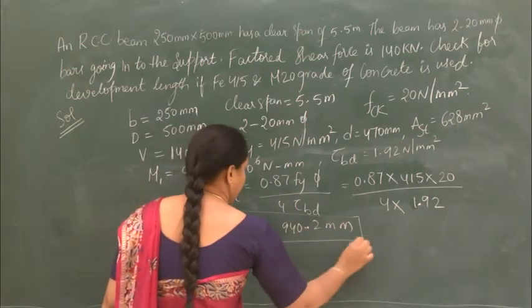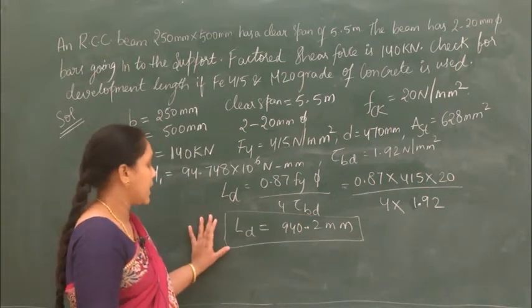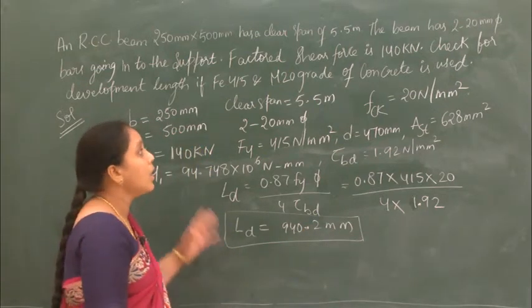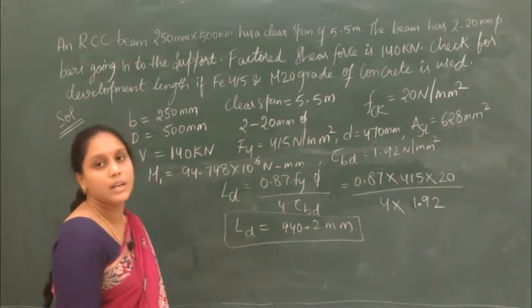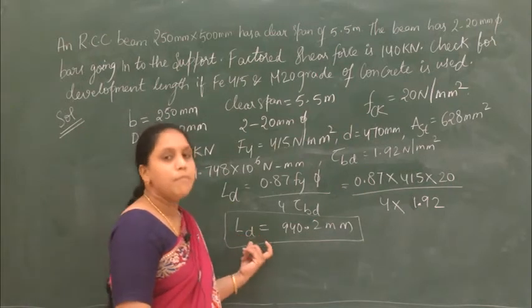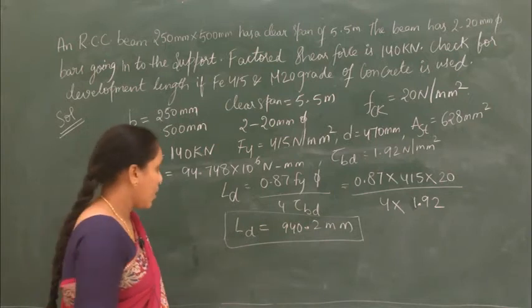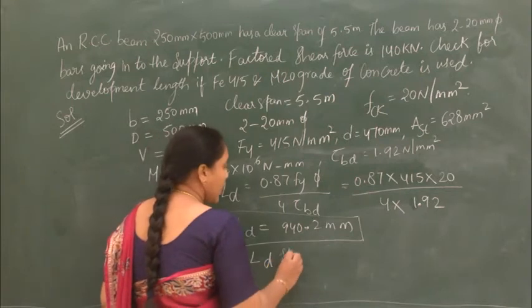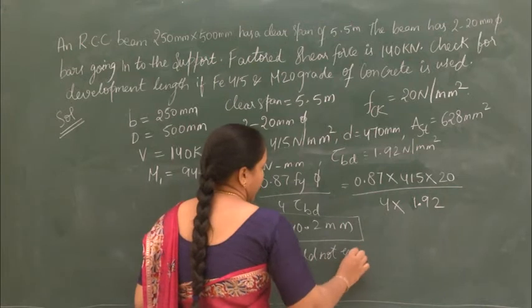So now we have calculated the development length, that is the value is 940.2 mm. But now what he is asking here is to check for the development length. So the check for the development length is, the development length LD should not exceed